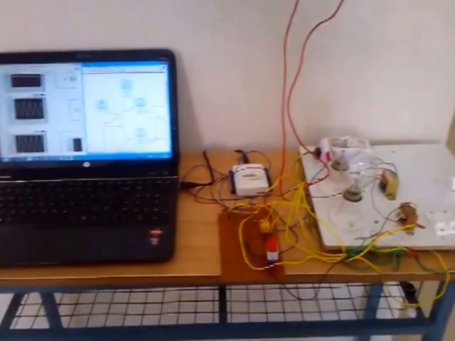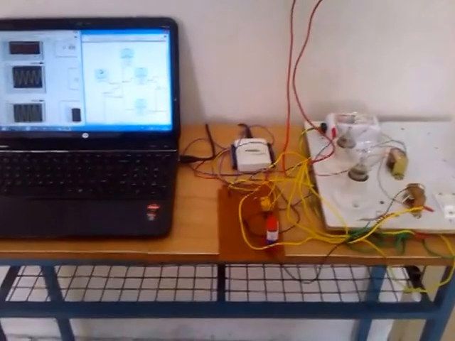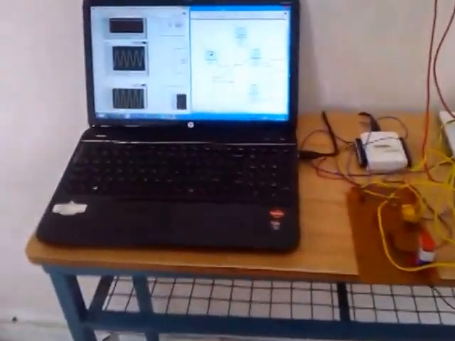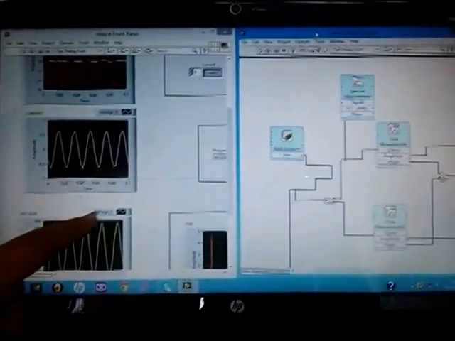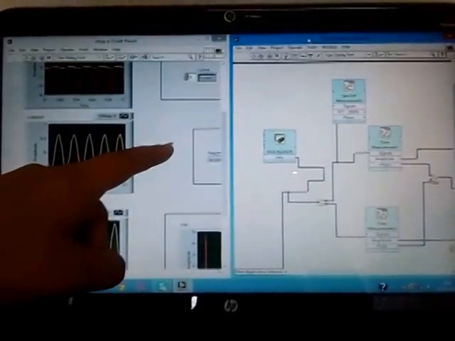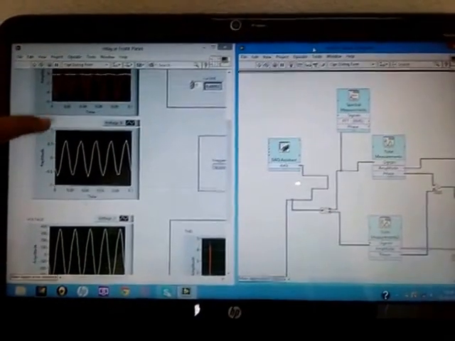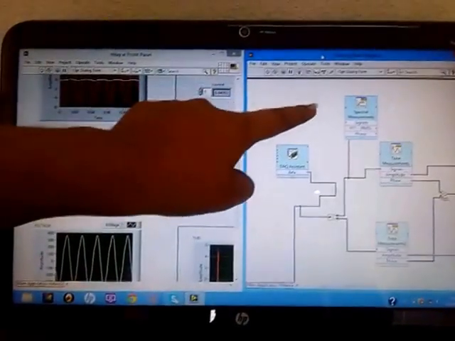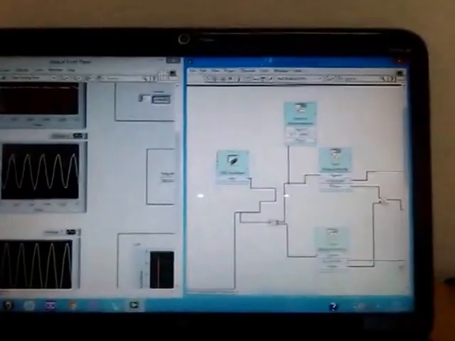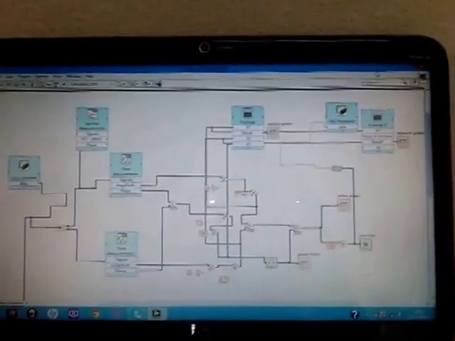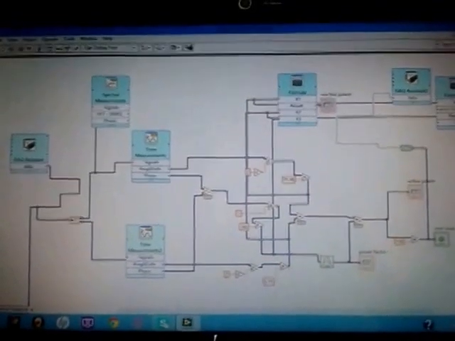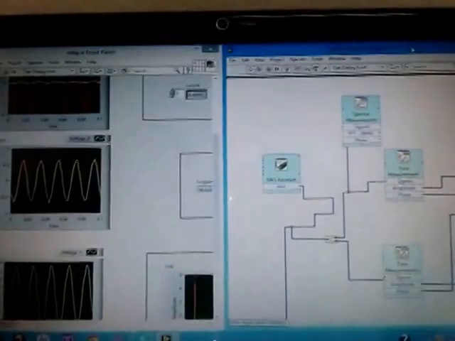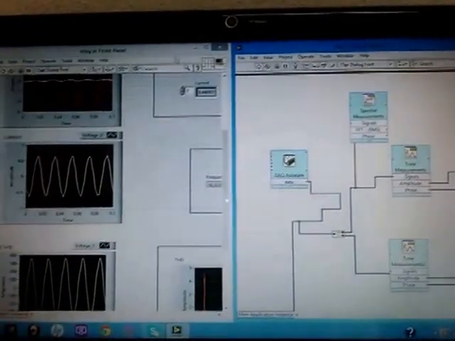Well, our project is to monitor power. The software here we used is LabVIEW. In LabVIEW software there are two blocks. One is the front panel and one is block diagram. The coding part is done in block diagram panel and the related output we can see that in front panel.